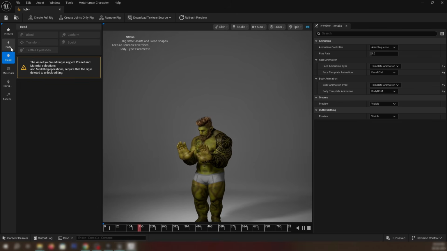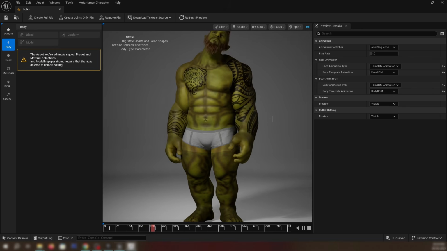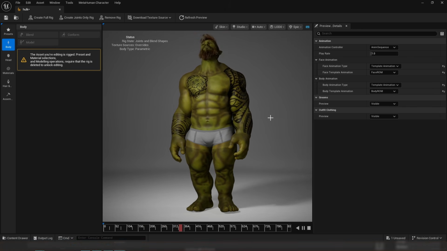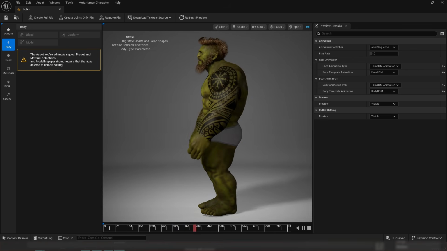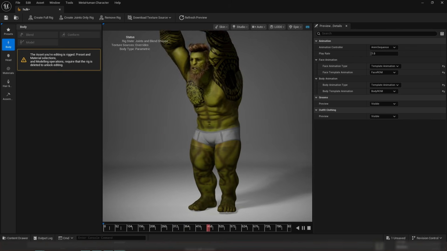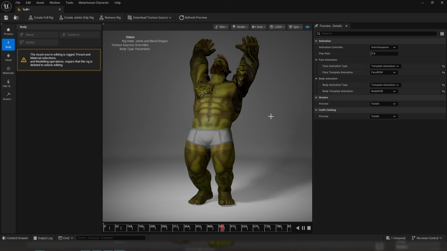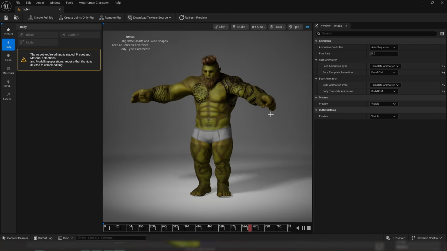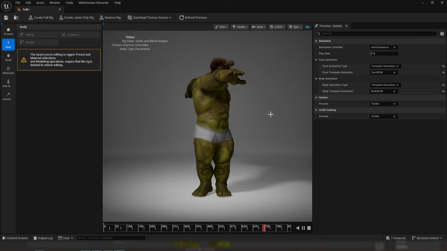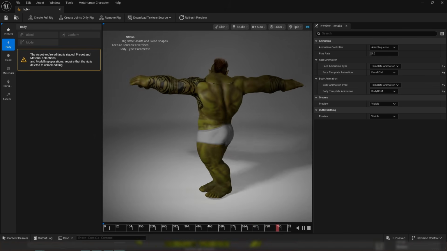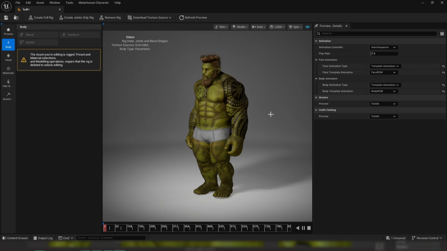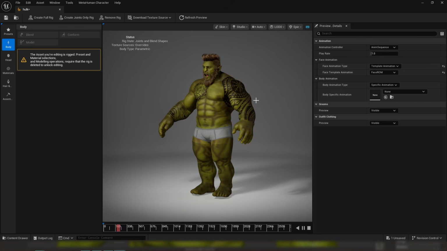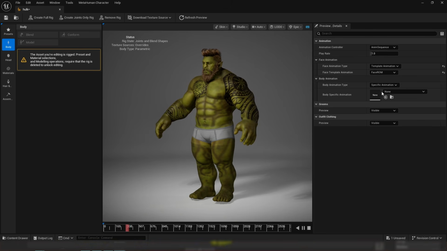Body ROM is working fine. Really impressed.